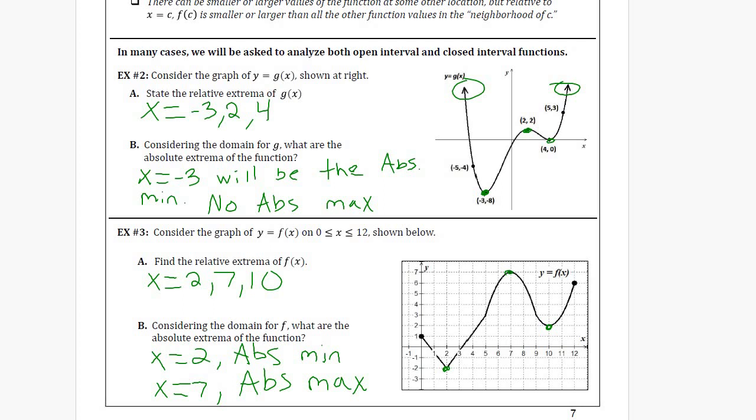This goes on for us to see. So notice that in my first example, I did not necessarily have an absolute maximum because it went on forever. Likewise, if a function were to go down forever, it does not necessarily have an absolute minimum. However, if we have endpoints, because it stops and starts, and it's a continuous function, we will always have to